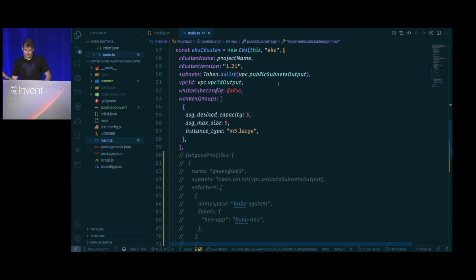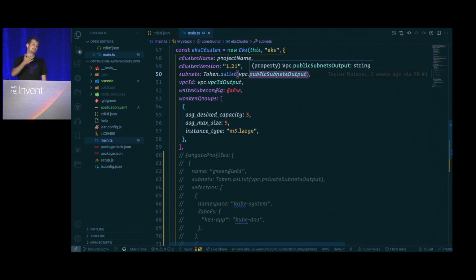So I've defined these values as well. And this is the first time in my code that you see the token construct. So here, I'm casting that to a list because, as we can see, if we go over here, it's expecting that array. And here, it's just outputting a string, which is not what we want. So we have to cast that appropriately. We're also using the VPC constant that we had here. And I'm able to use that because it's expecting a string. It is a string, so I don't have to do that token workaround here.